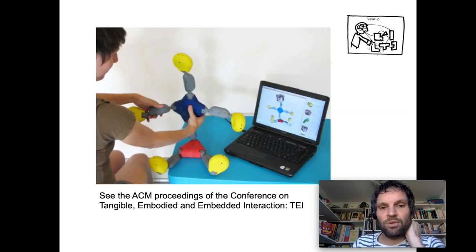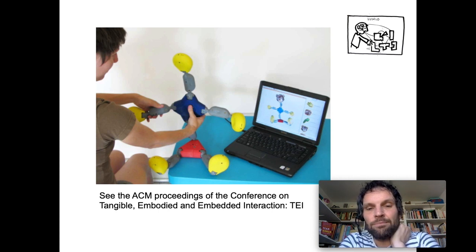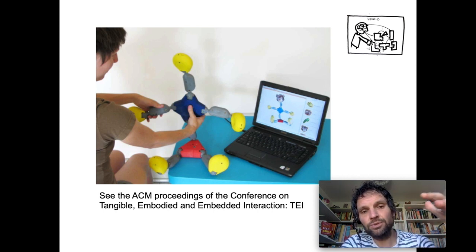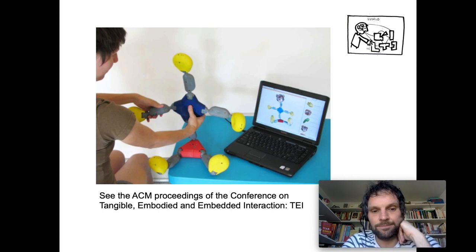Or consider this example where game designers are moving avatars. It's actually quite difficult to move your avatar using mouse pointers and so on in a 3D projected space. But if you have a physical object that represents the digital object in a more abstract way, you can easily move the puppet and then have the computer just copy those movements. And then for the designer of the avatar animation, it becomes much easier.